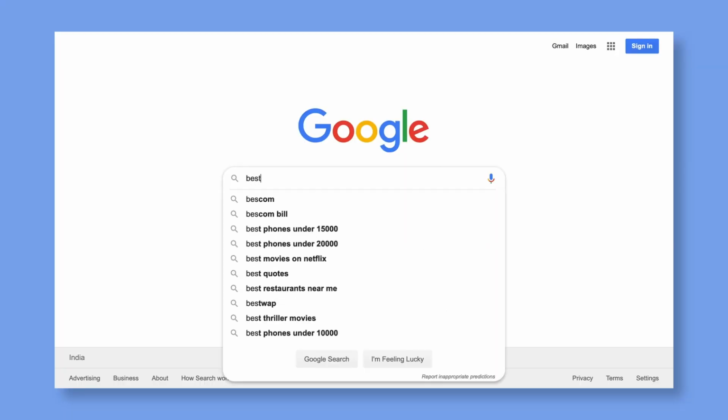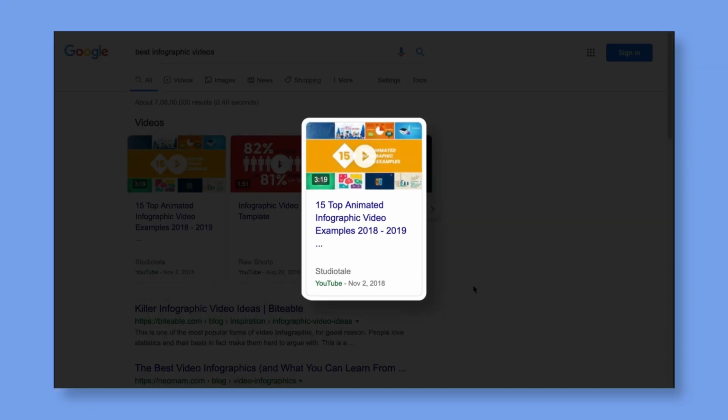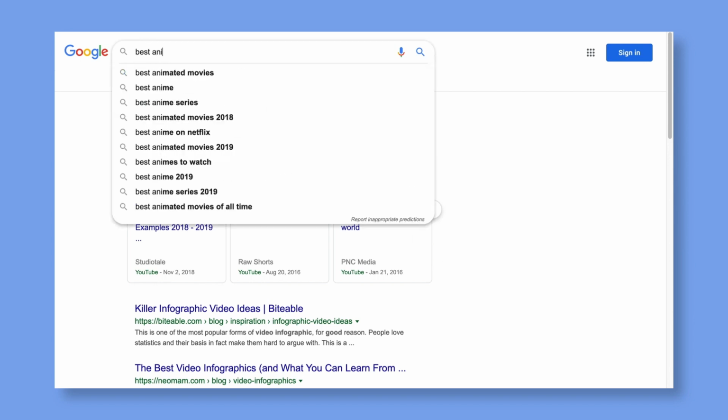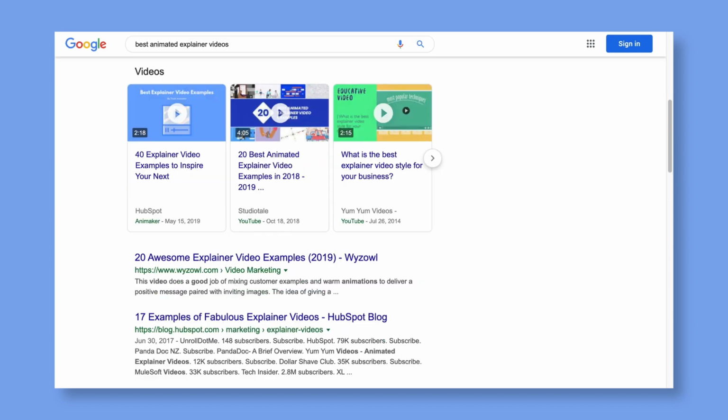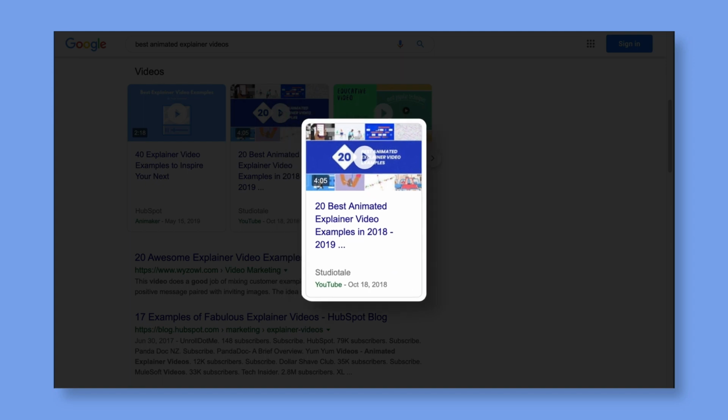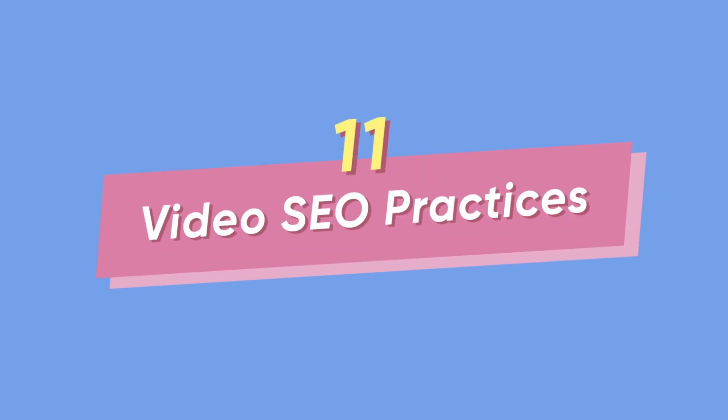For those of you who don't know, video SEO helps you get your video indexed and ranked on search engines for relevant keywords. Basically, video SEO helps make your video easily discoverable. Video SEO isn't just about Google though. It takes care of rankings on YouTube, Vimeo, several other video sites in one go. So, how do you make your videos more SEO friendly? That's what this video is here to answer. So, without any further ado, let's get to it.